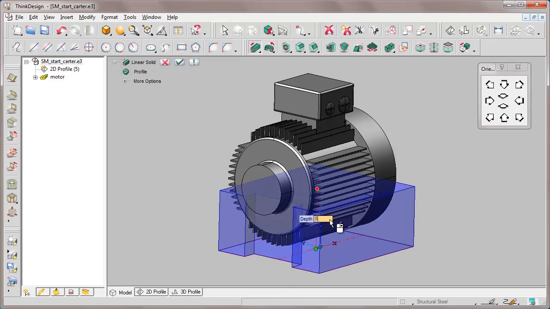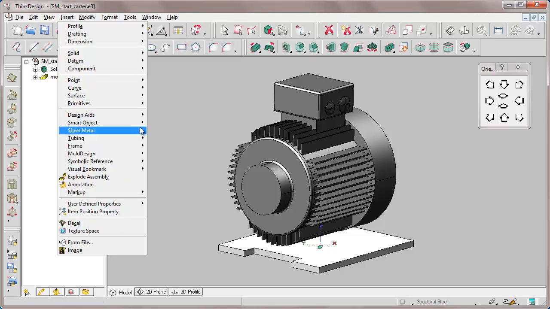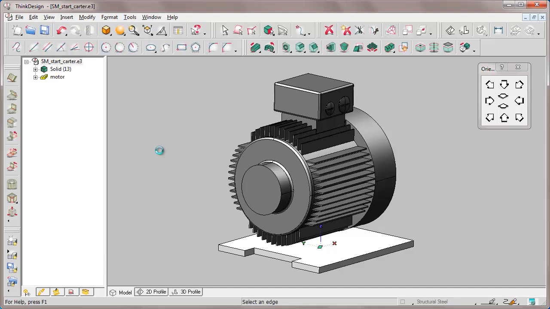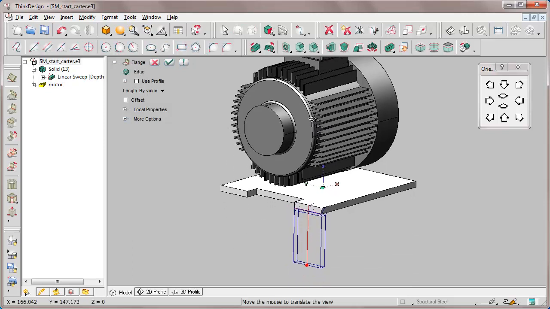Now, let's start from the profile at the base, from which we create a linear solid 5 mm deep and confirm. The first solid object makes up the thickness of the sheet metal we are going to build. We apply the flange command, which wants us to specify an edge. We select the bottom edge, so the flange goes down, panning a little bit upwards and resetting the edge. We select the one on the top and we set length to 100 mm.